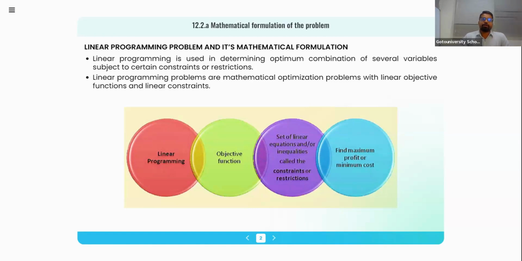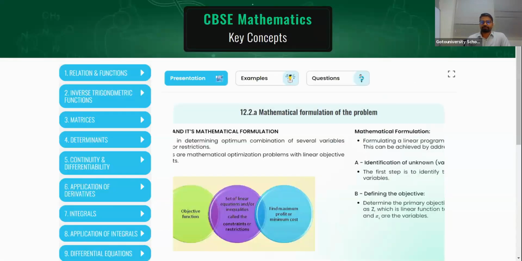A linear programming problem is used in determining the optimum combination of several variables subject to certain constraints or restrictions. Linear programming problems are mathematical optimization problems with linear objective functions and linear constraints. So already we discussed that, right? See the way the diagram is given here. The diagram says clearly